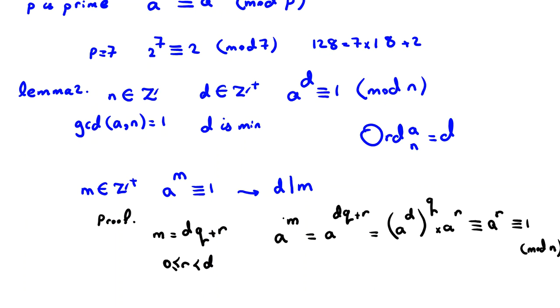Now R is less than D, so R should be only 0, because if R is positive, then we found a number that is less than D and positive that satisfies A to the power of that is congruent to 1. But by the definition of order, D was the minimum. So here we proved one of the most powerful and important things in number theory, that if you have order,